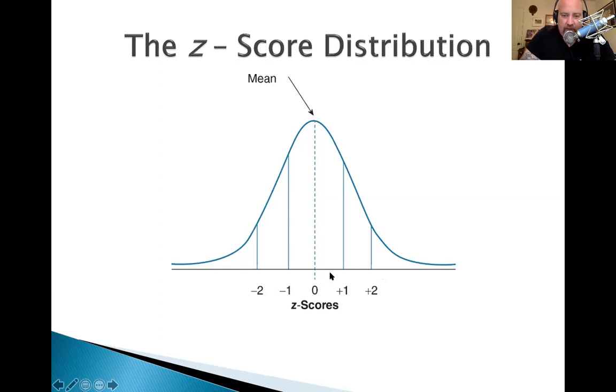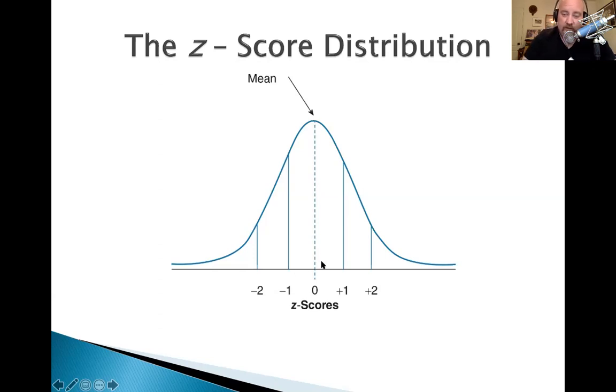Now, the numbers down here at the bottom, +1, means 1 standard deviation above the mean. I'm saying above because there's a plus sign, and 1 for 1 standard deviation. If you go the other way, to the left from 0, then you move 1 standard deviation below the mean. There's a negative score there. And what's significant about that is that within this area above and below the mean, you get roughly 68